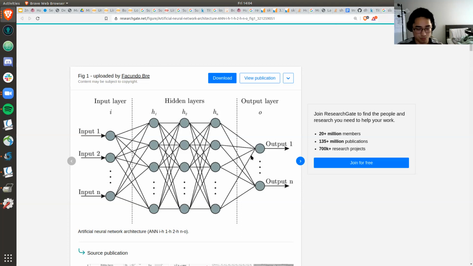Then your output will give 10 different probabilities, each specifying the probability that this image is 0, 1, and so on. Whatever the highest probability is, the machine learning model will tell the program, all right, this image is a 9. We'll actually go through that classic example I just mentioned. It's commonly used in a lot of tutorials, but it'll be good practice to get you started with PyTorch.